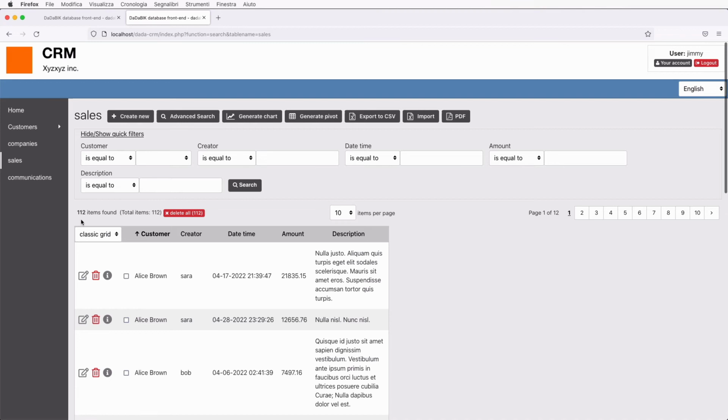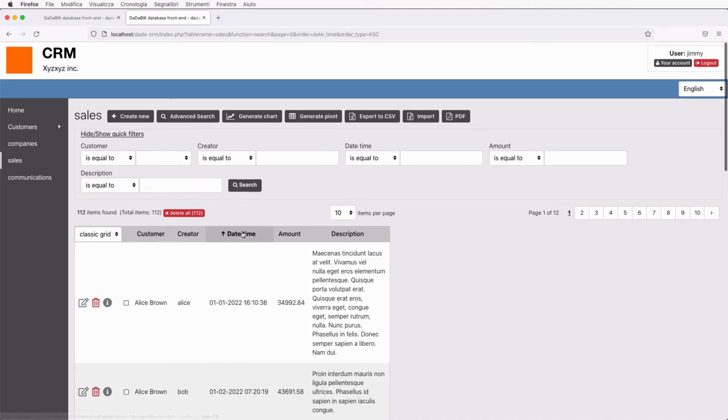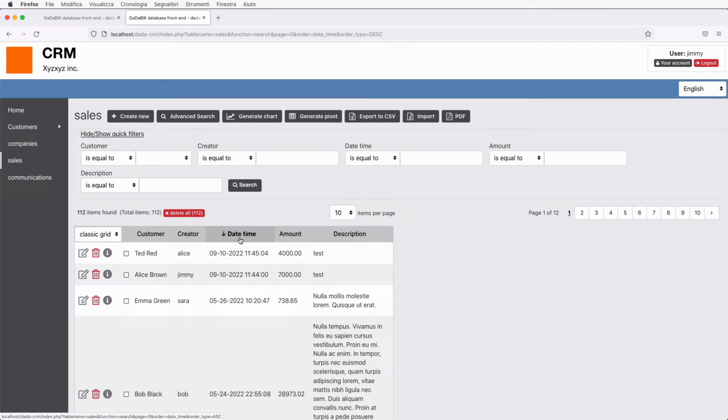Sales, I see 112 sales. Let's sort by daytime, and we will see that they are all in 2022.